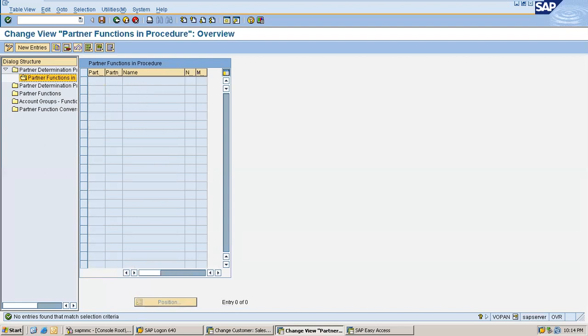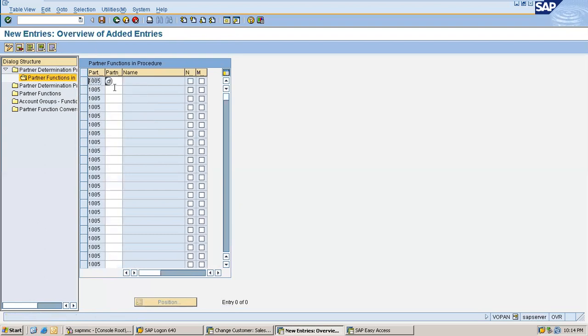You will see a grayed out screen because you don't have any partner functions assigned for this PDP. You go to new entries, now it will display. So this is your PDP, partner determination procedure 1005, and you have to assign all your mandatory partner functions: sold to party, ship to party, bill to party, and payer. Just select these options now.